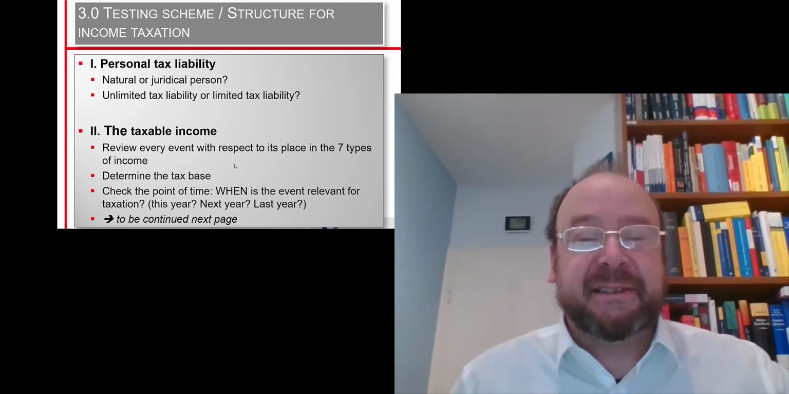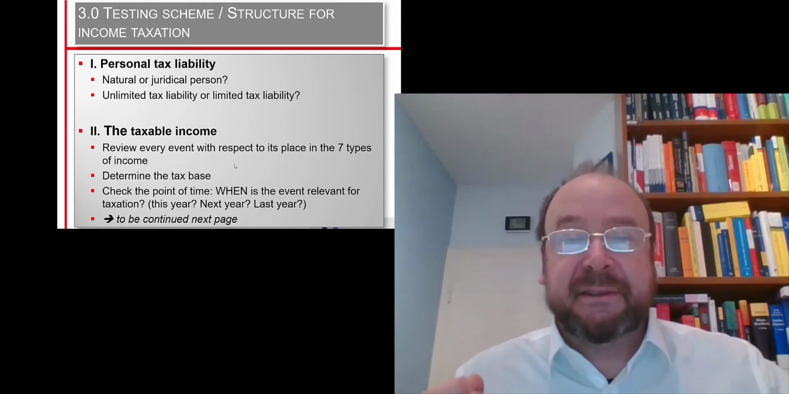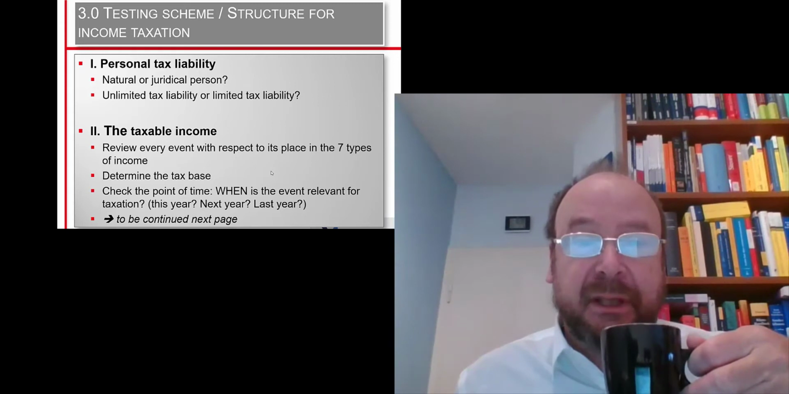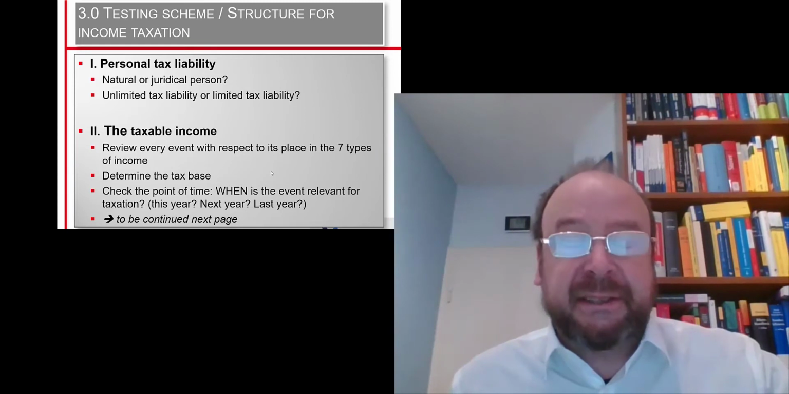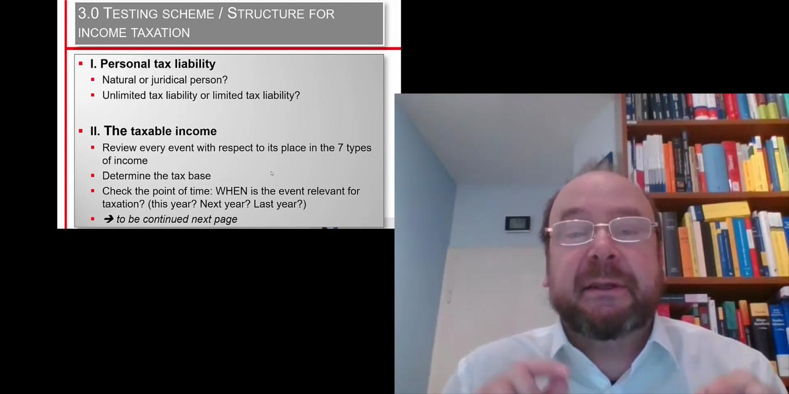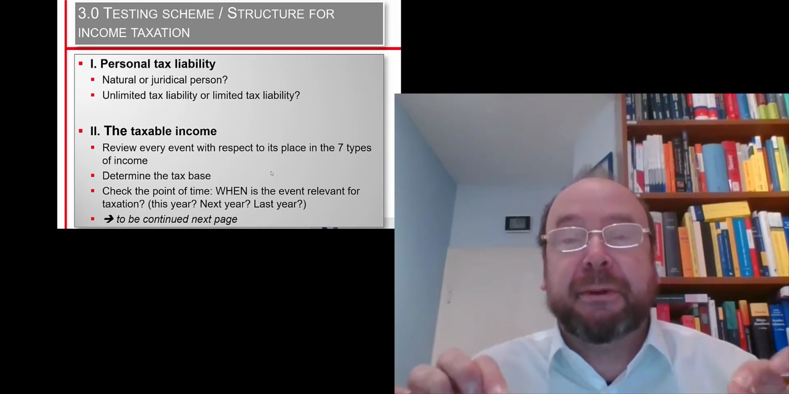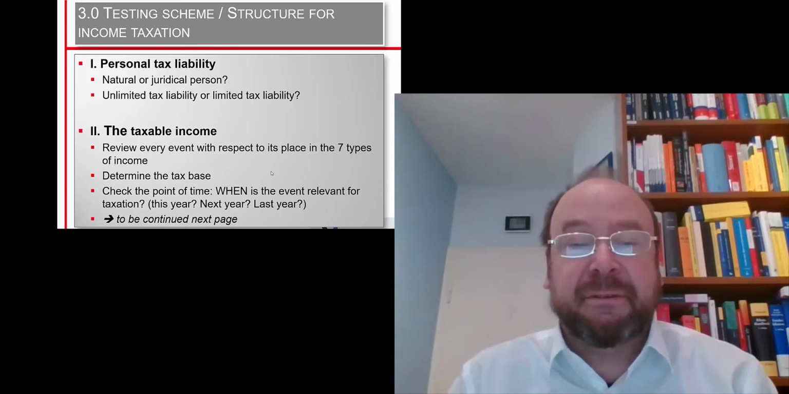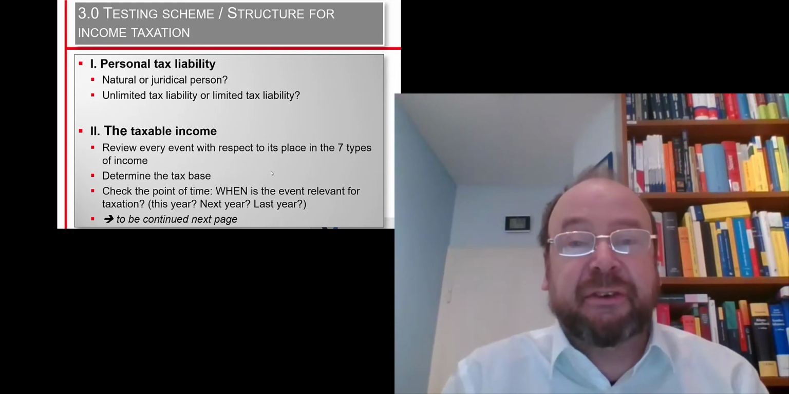So this testing scheme is not very refined, but it is a robust testing scheme which you can use for every case which you come across. The first thing is always, when it comes to income tax, you need a person who is a taxpayer. And income is not possible without a person who has that income, and that is always the first step to identify the person behind the income, and then to decide which kind of tax liability is applied to that person,